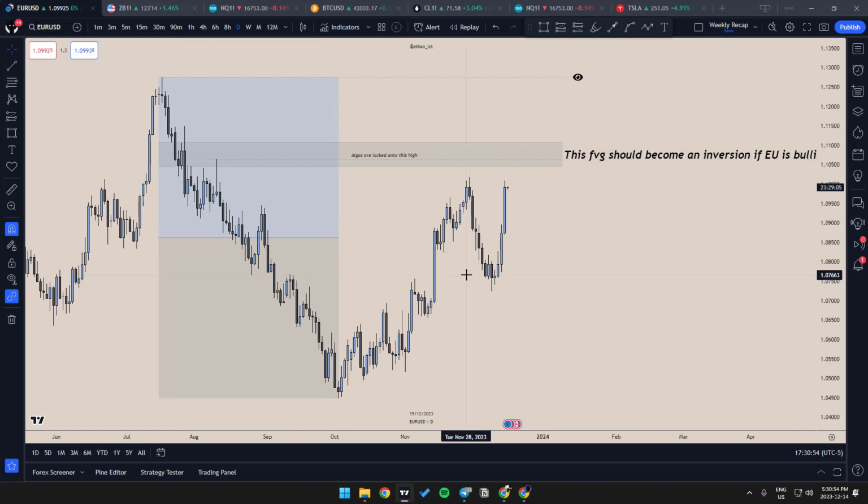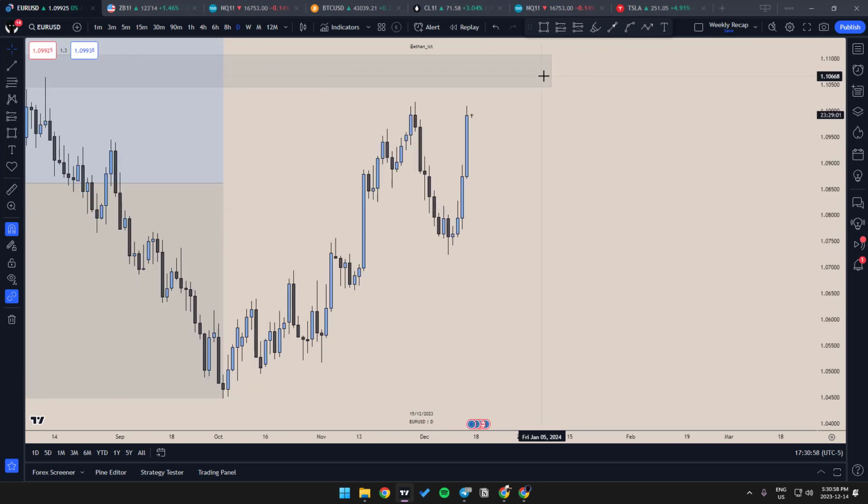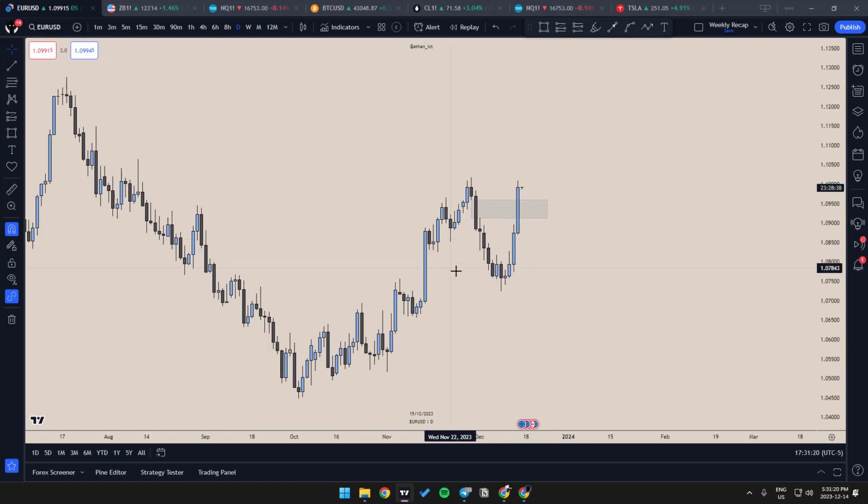Which fair value gap are we looking at specifically? This one or the daily fair value gap? So one of these ones, I would assume. Oh, there's only one here actually. Well, this one,